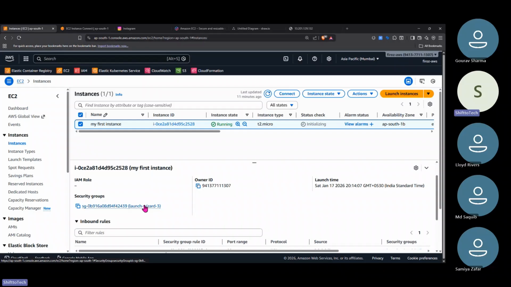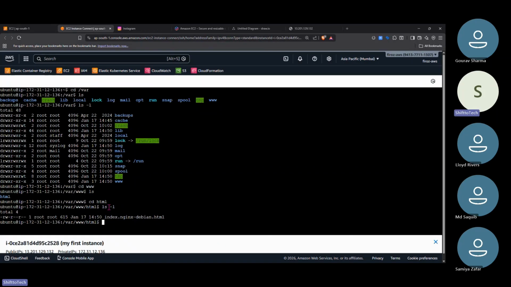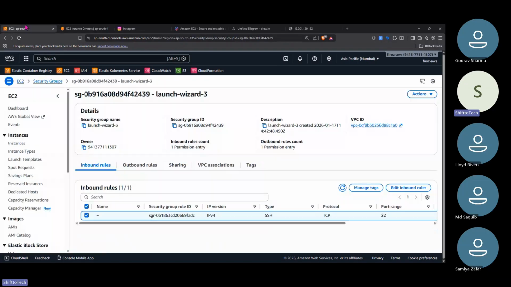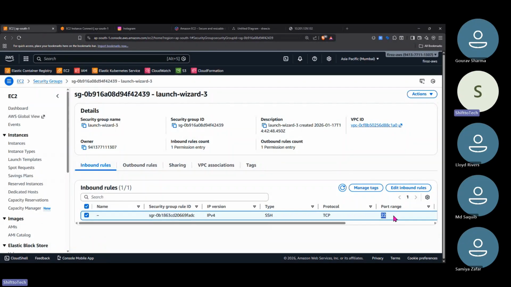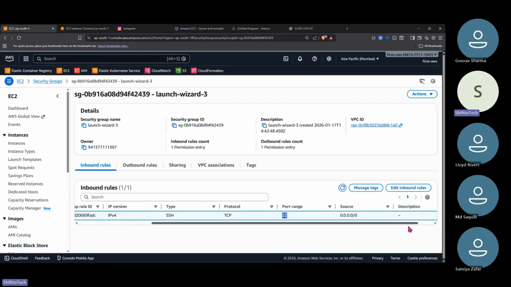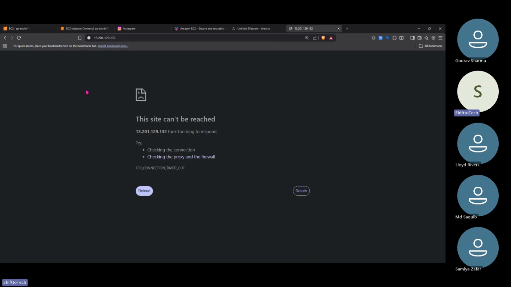Without it, it is not possible, right? Edit inbound rules. See, port 22 is used to log in actually. I am doing this SSH login into the server. If I remove port 22, it will log me off. I will be pulled out from this system actually. That's the reason the system by default gave me this port, to log in.